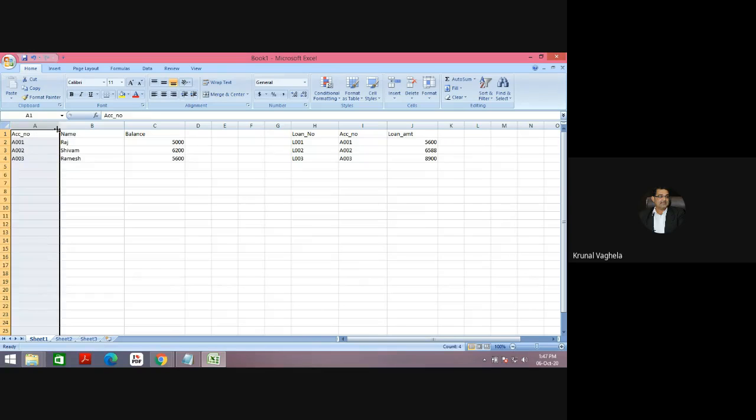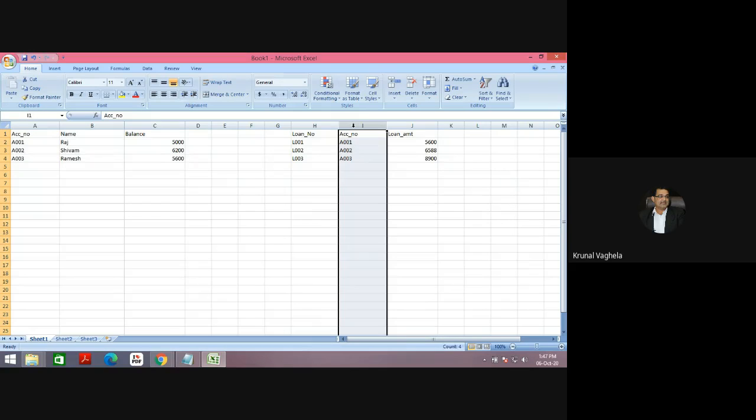This is the primary key of the account table, which I have used as the foreign key of my loan table, and this is the primary key of the loan table.